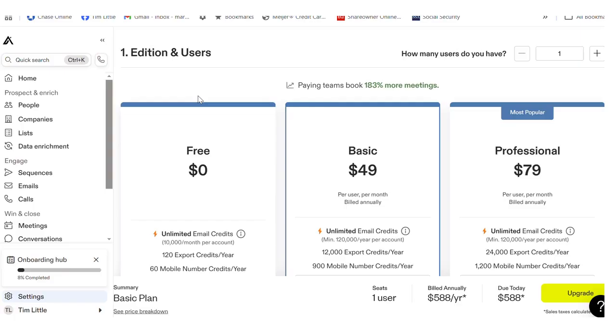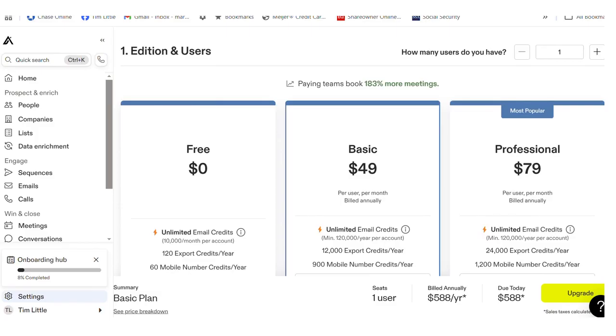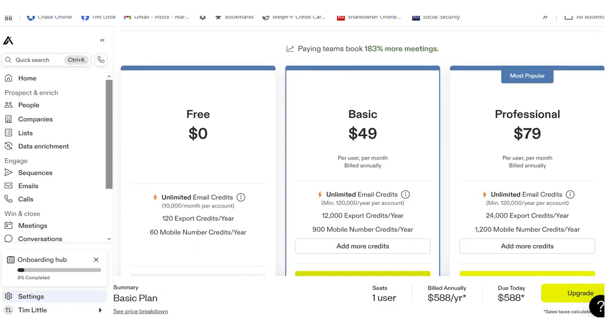Just wanted to give you a quick update and show you a demo on Apollo.io. What you can do is open up your free account. I have a link below this video. You can go in there and get a free account. It doesn't cost you anything. You can do it with your Gmail account. It's real easy to integrate, and with your free